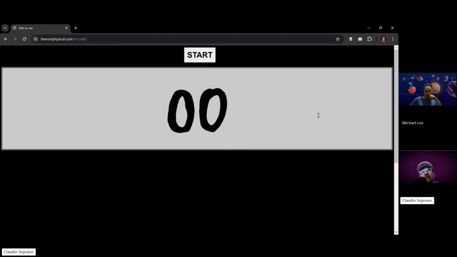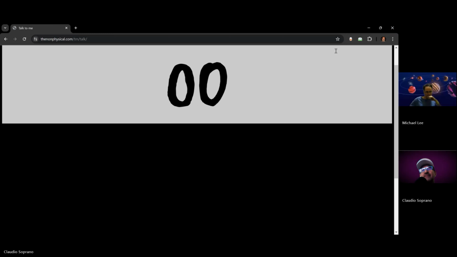I want to see if we can do this, if we notice a difference. Do you want to try this for around a minute? Okay. I'm looking at the center line between the two.